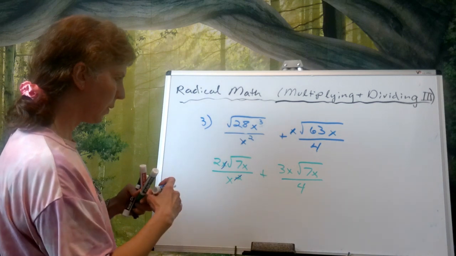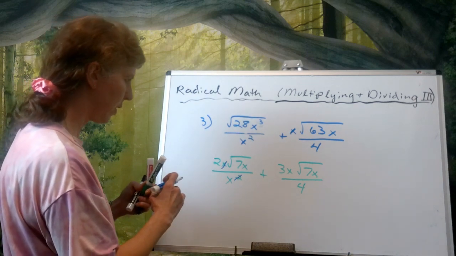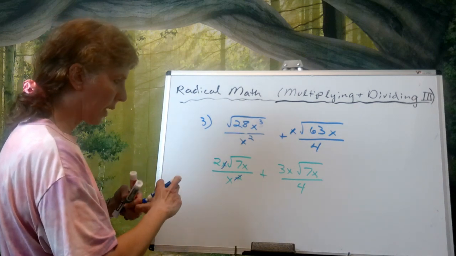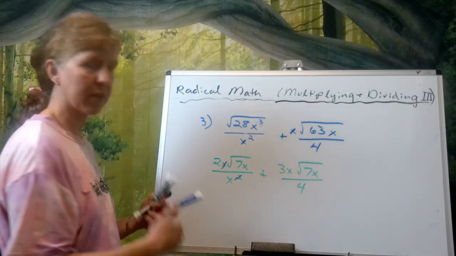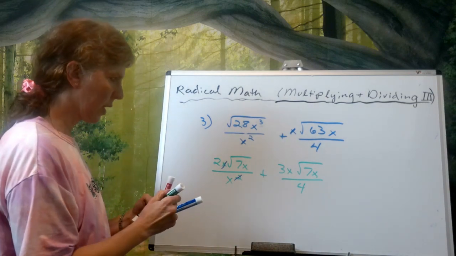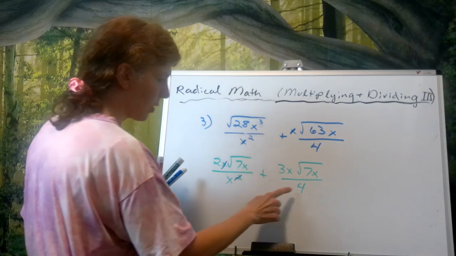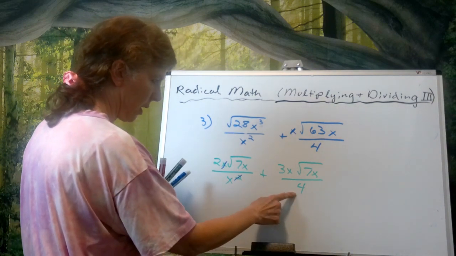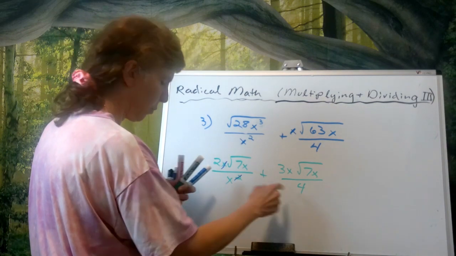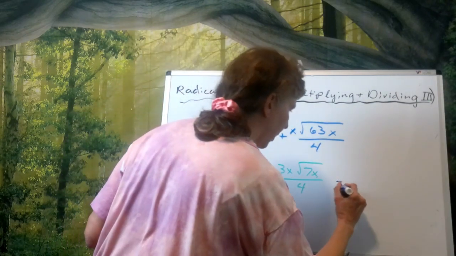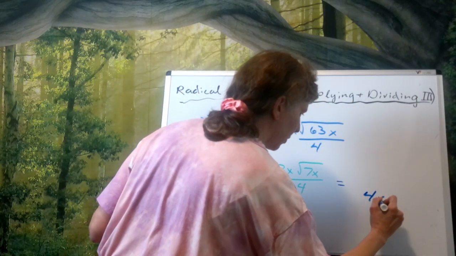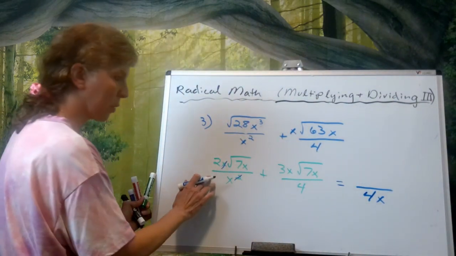So, what did I do? I didn't want to do, yeah, that's okay. So in this case, I need to get a common denominator because I still need to add my fractions. So I'm going to change this guy to, well, my common denominator will be 4x. Let's start there. Okay. So I'm going to have to multiply this one